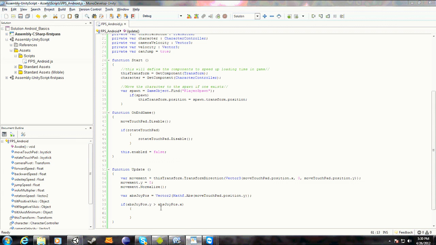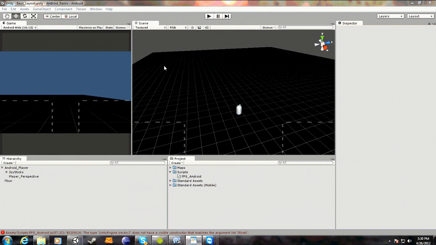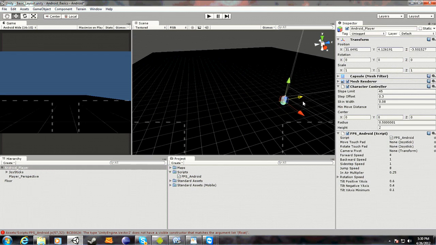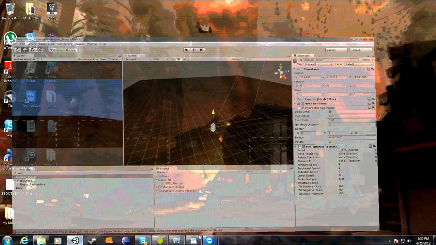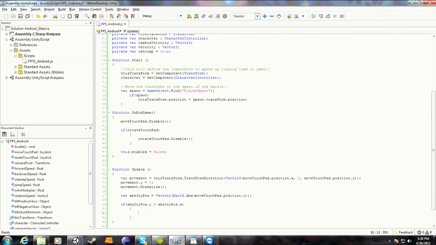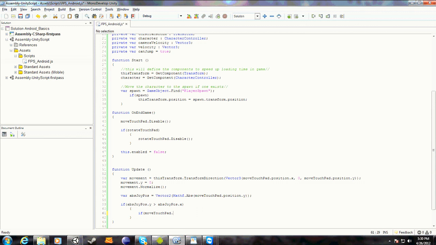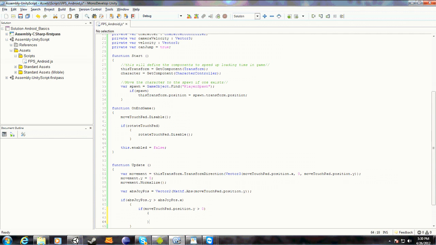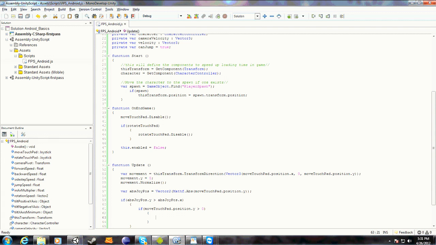Okay, so you basically got if the joy position on the y-axis is greater than the joy on the x-axis. So basically, if movement on this is greater that way than it is that way, then move the player forward in 3D space. So that's what we're going to define next. So we got if. Now you want to define another if statement inside of that. Move touchpad dot position dot y is greater than 0. That's basically a double check to make sure that it is actually forward and not just someone accidentally leaned on it or tapped it. So that's saying if it's actually moved and held forward, then you want to go movement